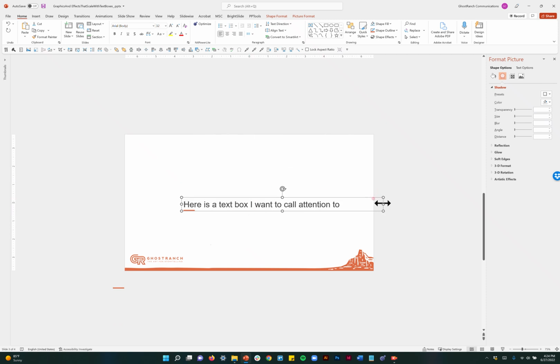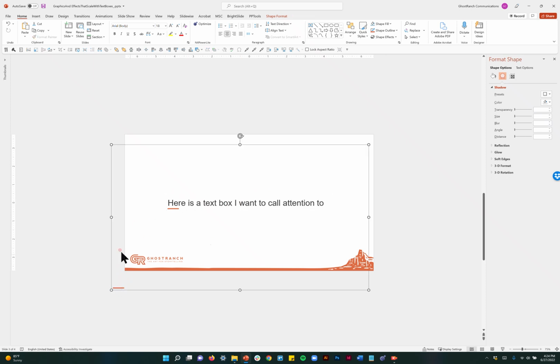So that brings us to the next phase of this. Yes, very cool. We can attach lines to text boxes, but we can do a lot more than a line, because remember, this was a line and a shape that we made this image out of. So we can make that image out of all kinds of stuff. And one really good use that I've found for this